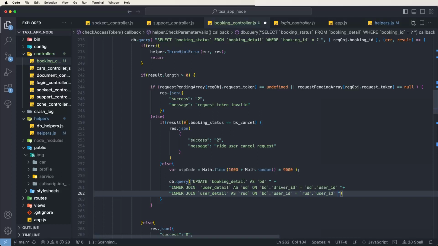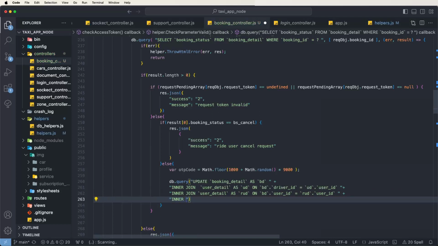Need to call this for the joins, and another join need to call here inner join for the service detail, as we need to give this here SD and write down here on BD dot service ID